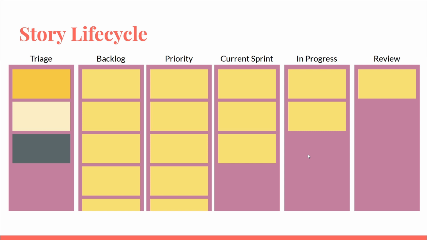This is what we've been using for about a year and a quarter, so it has lasted the longest of all of our changes, and we're pretty happy with this workflow that we've come up with for our team.